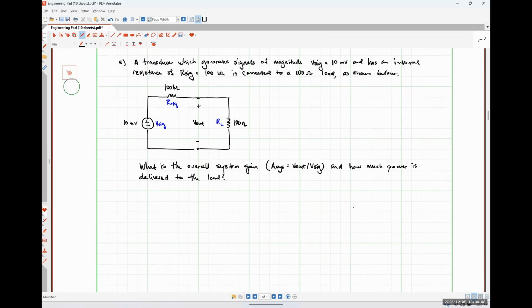Okay. So before I start on part B, let's just figure this out. What I'm trying to demonstrate in this particular part of this problem is the need for amplification. Okay. So this transducer might represent